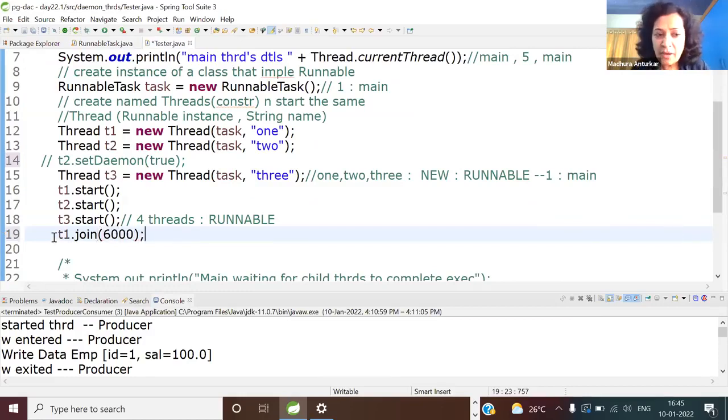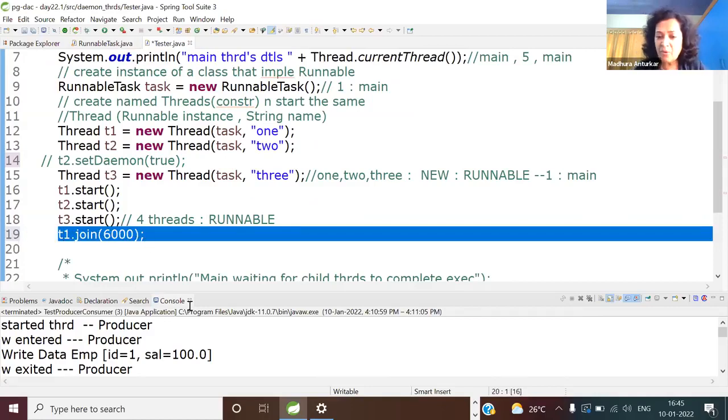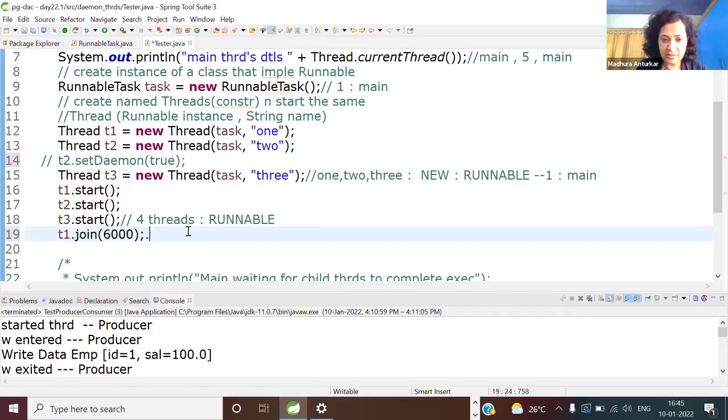So who is going to wait for whom and for maximum what time? Which thread is going to wait for which thread's execution over? Main is waiting. You can write this thing. Main waiting for this one, T1, max for 6 seconds.